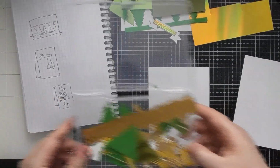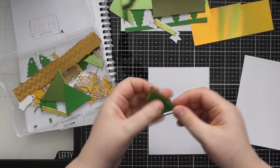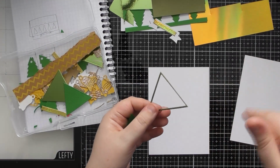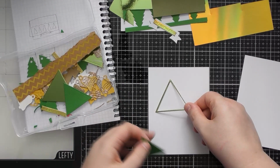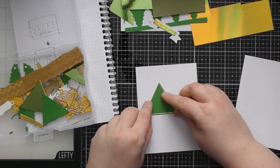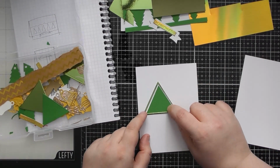So for this idea I wanted to use some of the triangles, so I actually cut a couple of triangles inside each other. So you get 2 triangles in the set. The largest one is for the base of the votive, and then you have the smaller one to decorate if you want to. So I've cut them 2 together. Which way was I going to do the first one? That way. And I'm thinking of recessing the textured Craft Perfect one back into the centre of the mirror